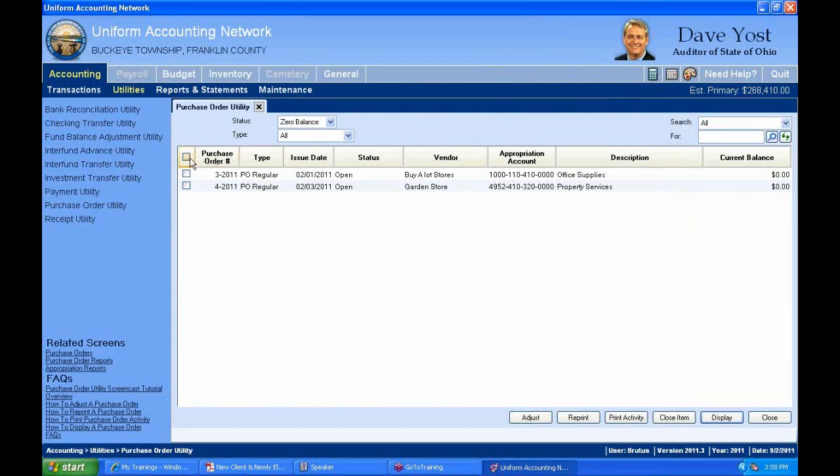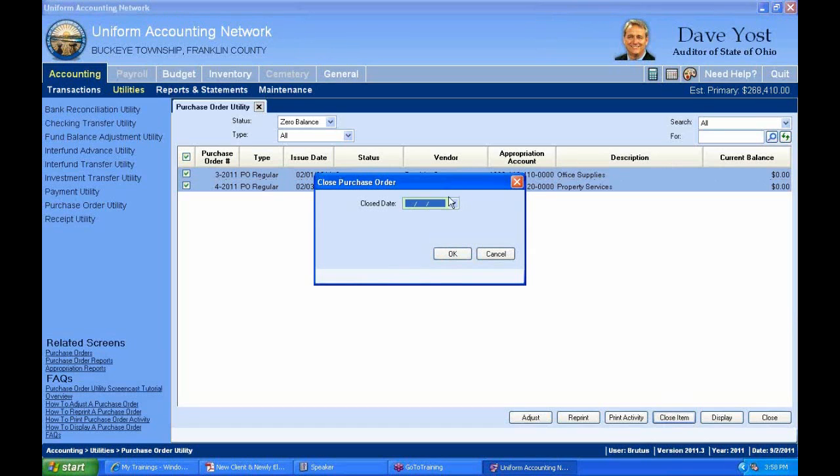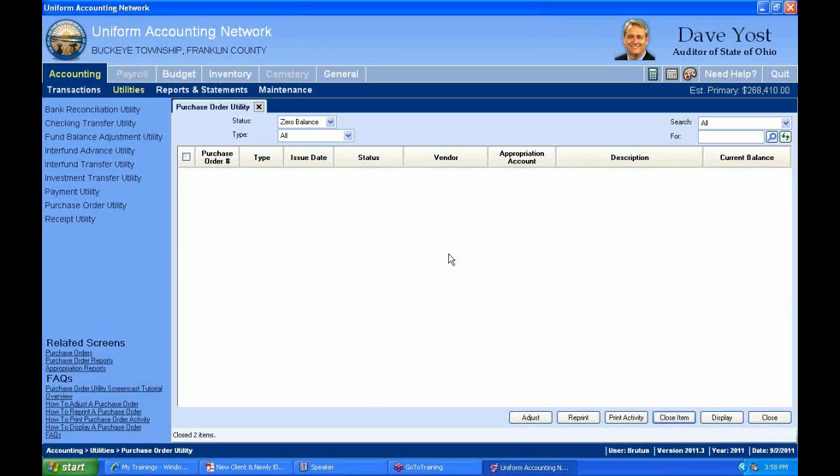So that's what I'll do. And you may just want to go through them monthly and take a look at this, or at least once a year in December, and close your purchase orders. So close the zero balance ones. Close the purchase orders. We'll say OK. Select the date. Just make it today's date. And they're gone. If I go back to all,